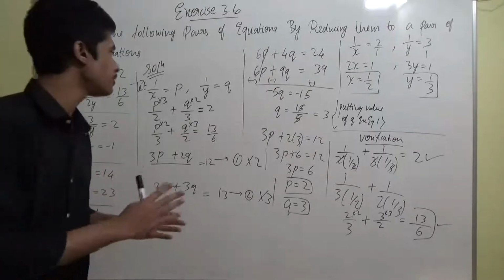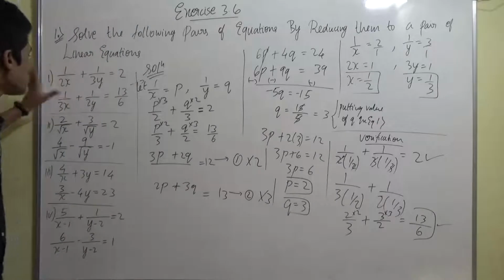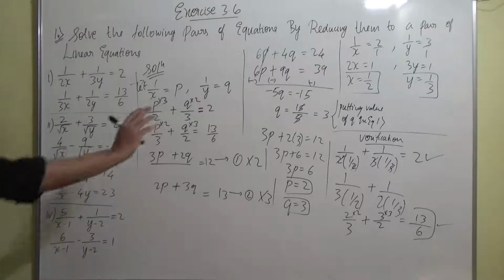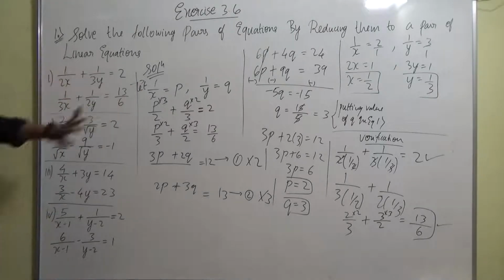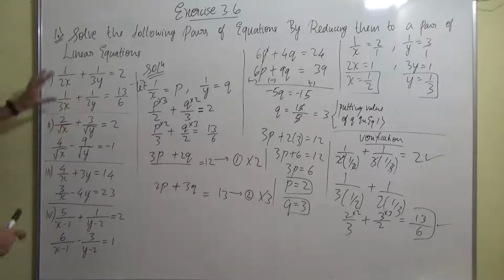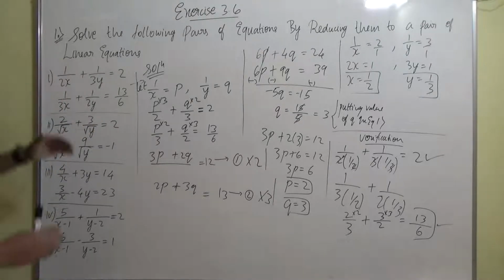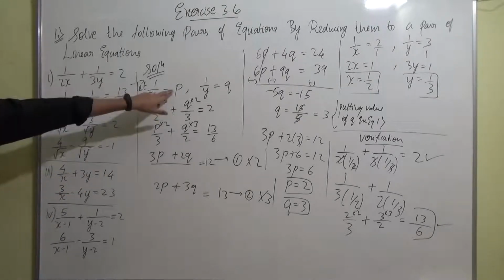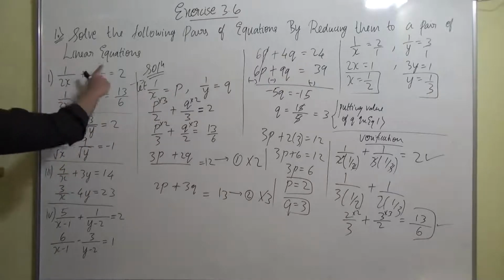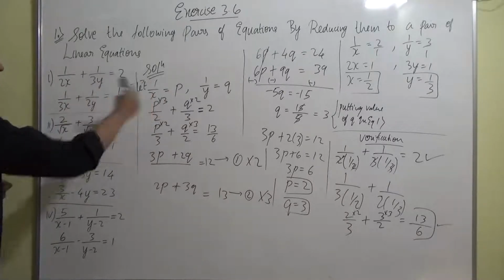So I'll briefly tell you what we did, guys. We first saw the equation, right? In the question also they gave that we have to solve this using the reducible method. By that time only we got to know that we have to first assume these variables, that 1 by x equal to p. Also if you see in the equations, you'll get to know that the variable is in the denominator term, which means you have to go with the substitution method only, that is substituting after assuming 1 by x equal to p and 1 by y equal to q.